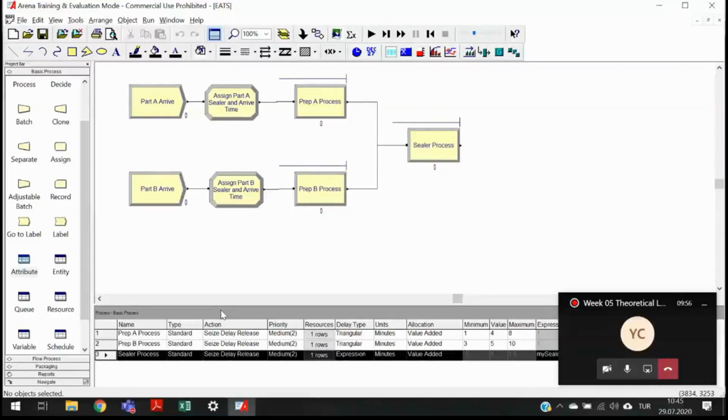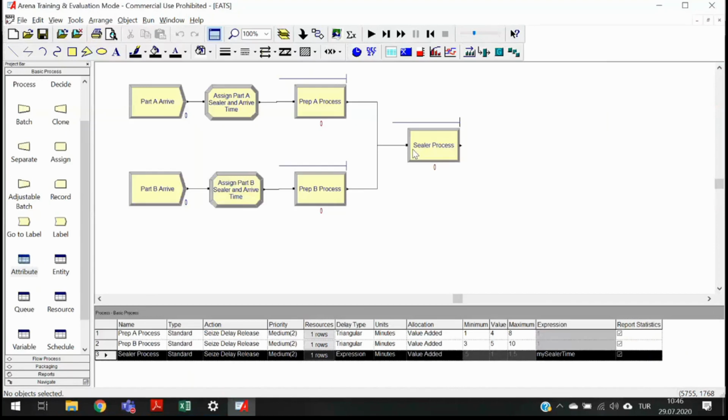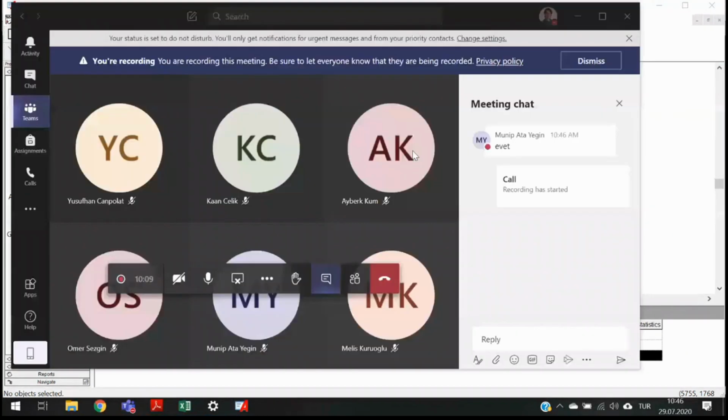Up to this point, we have modeled our simulation process. So after the sealer process, what happens? Let's just check the PDF file once again. So after the sealer process,